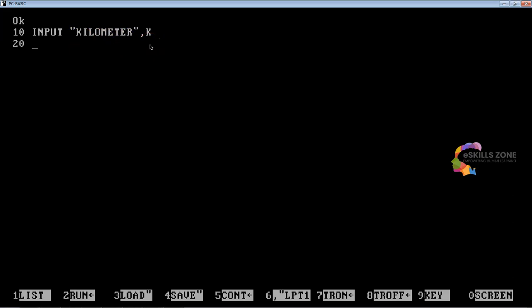At line number 20 we'll type IF K <= 5 THEN PRINT $6